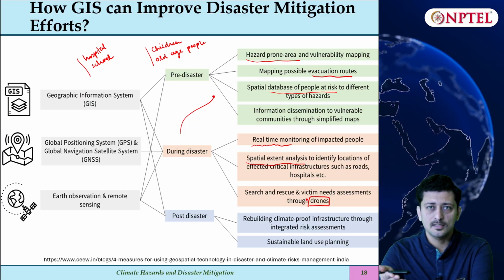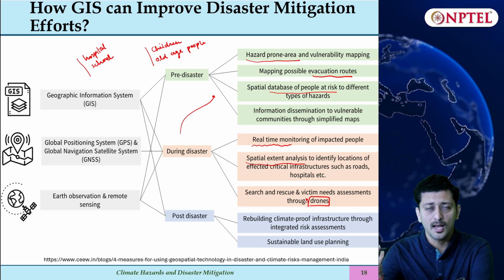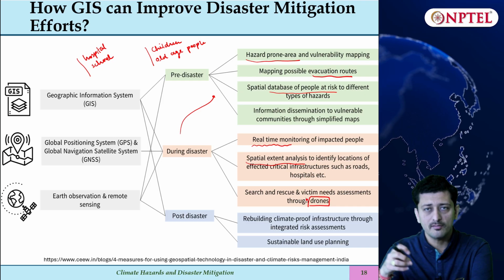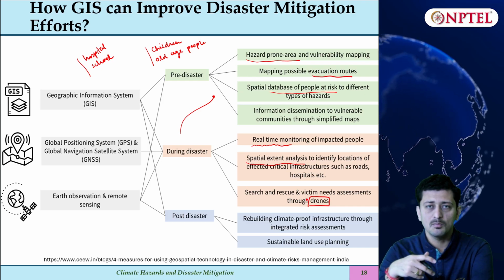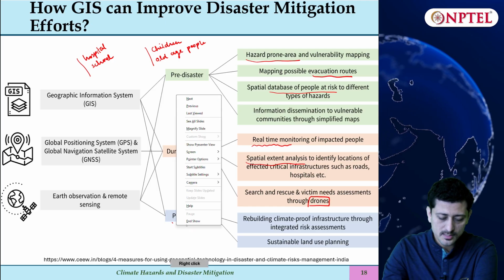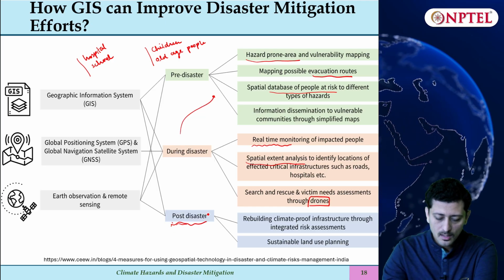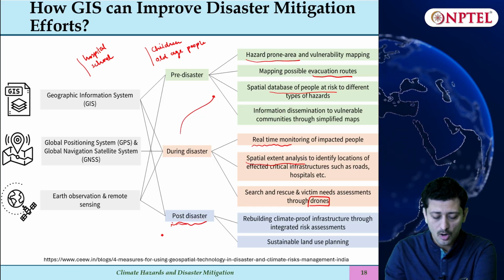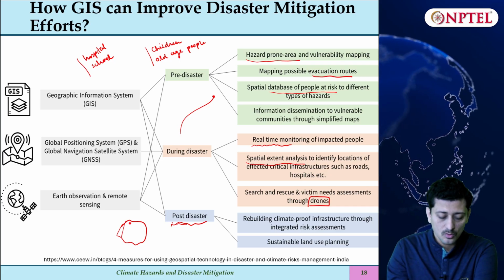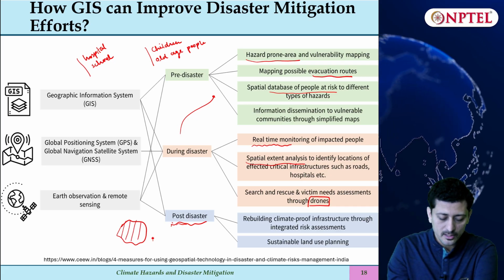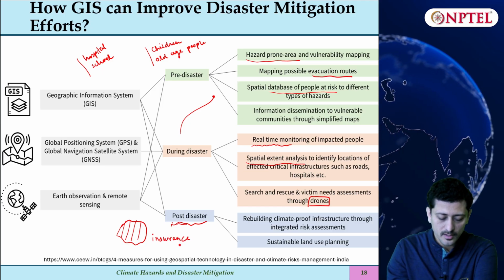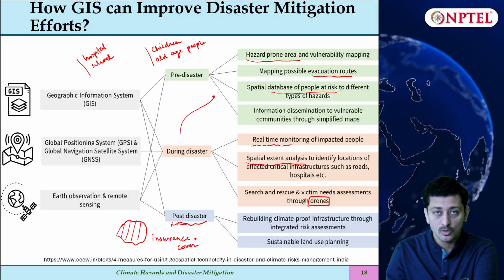Obviously helicopters and others are there, because if the weather does not permit, helicopters cannot fly. So in that case, drones can be used to give essential supplies, and that can be made more accessible. And lastly, post disaster, what can be done is that we need to understand or map the extent of area that is damaged. So if you are providing insurance losses or insurance cover, that can be noted.